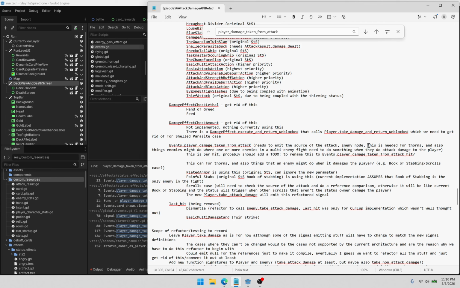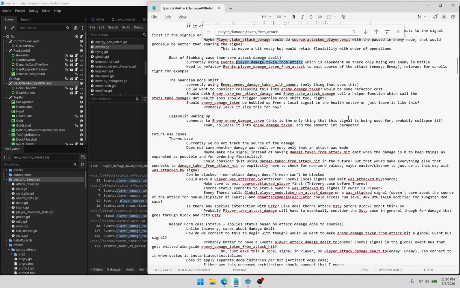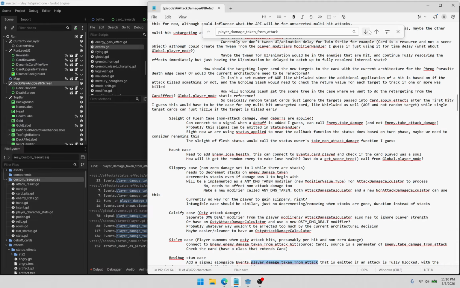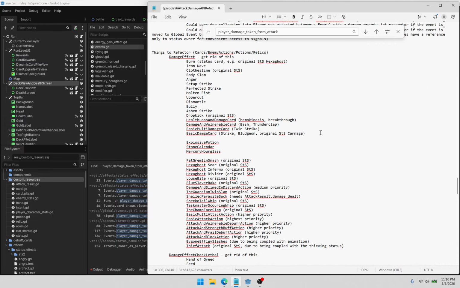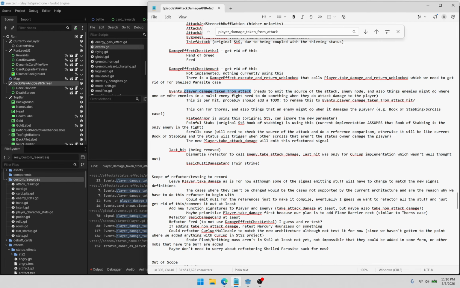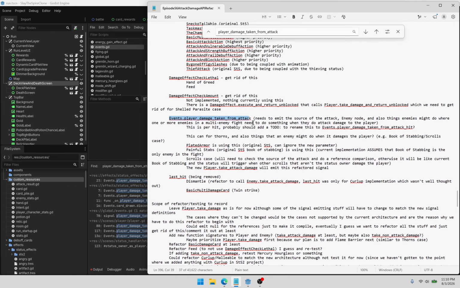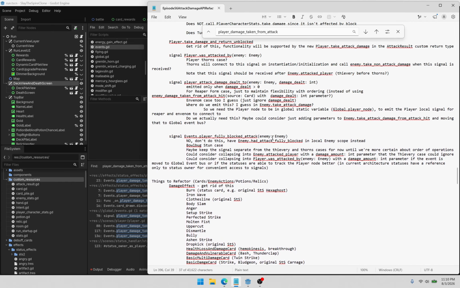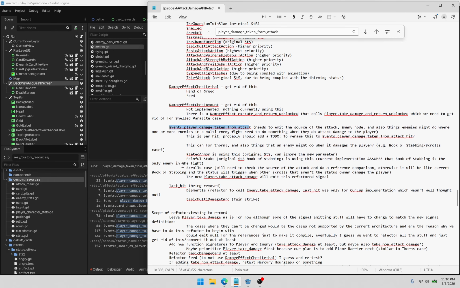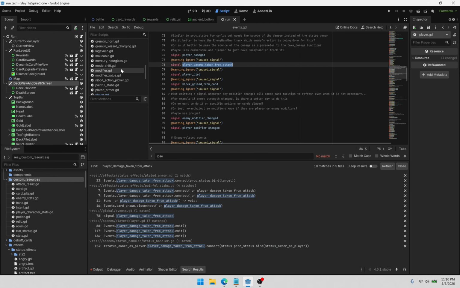So this isn't actually needed for thorns. Yeah, thorns doesn't care about if we actually take damage. All right, so we attack. Yeah, so did I write down? Okay, so I put it here, right? Yeah. Okay, so we'll do that. So yeah, I just put the notes in a weird place. Okay, so let's just leave it in the global event bus for now. So this will